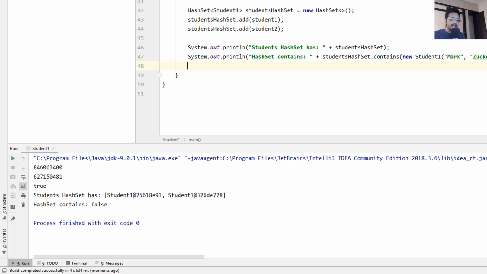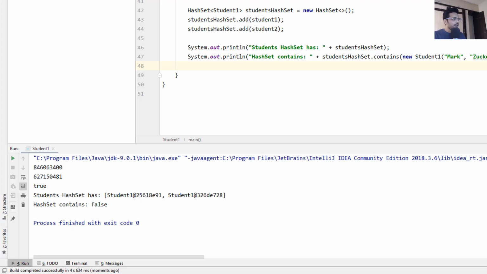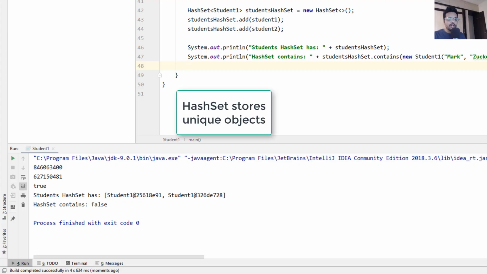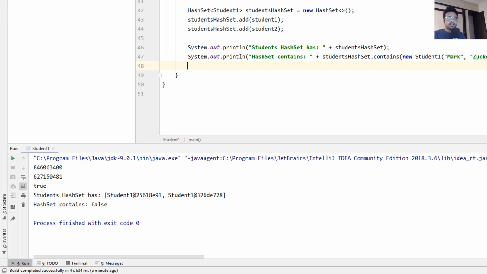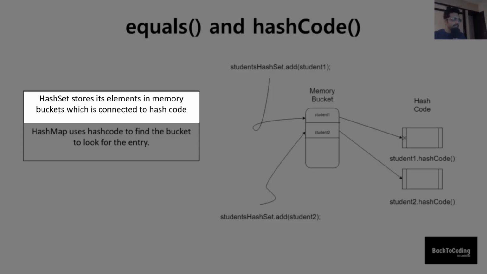Here comes the twist. The HashSet has two different entries. In one of our previous videos, we learned that HashSet stores unique objects. So why is it considered different here? Think about it. HashSet stores its elements in memory buckets, which in turn are connected to a particular hash code.